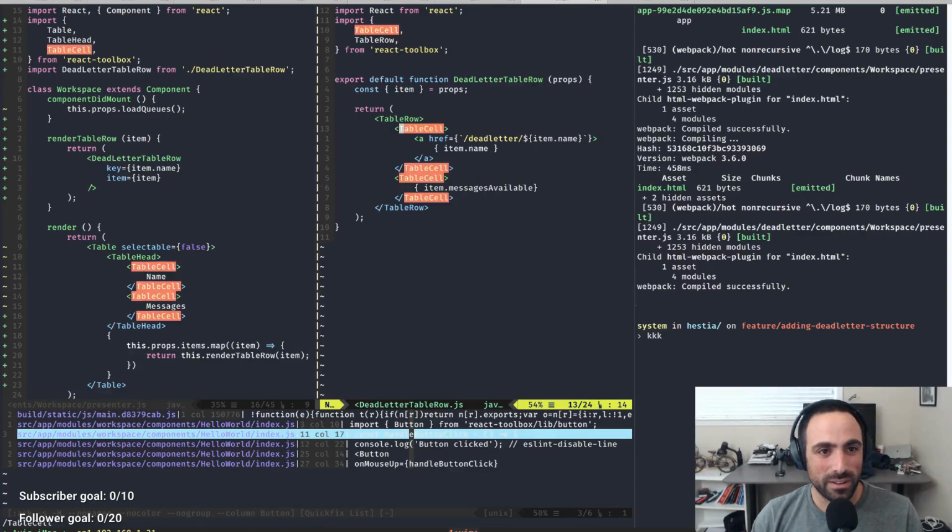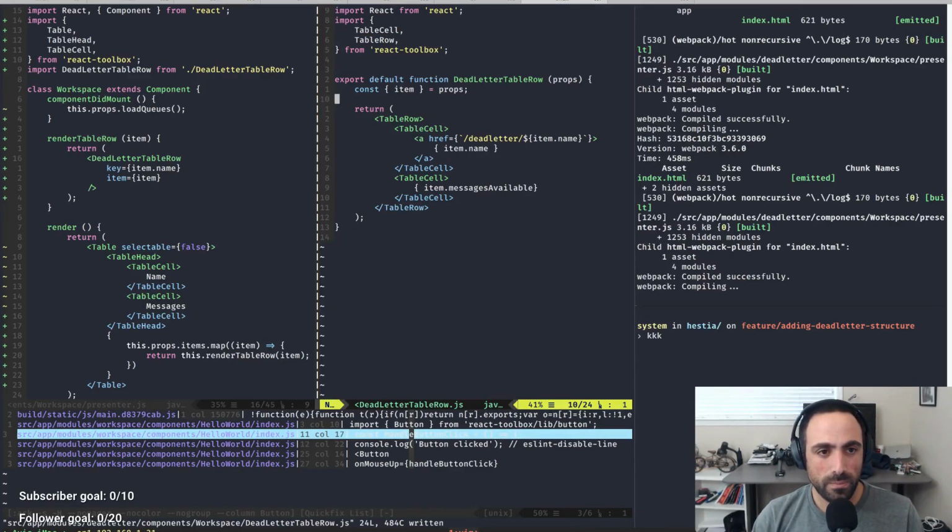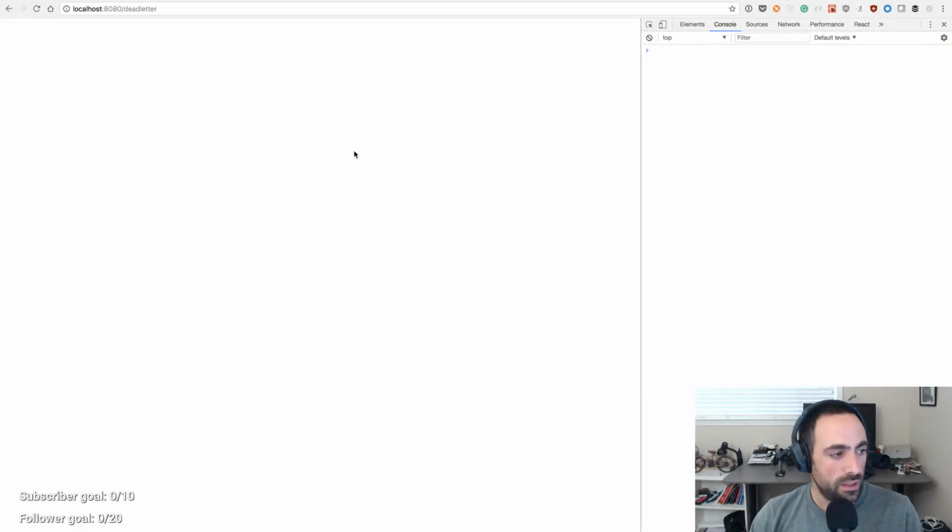Table cell and table row, and then item equals props. So then here,